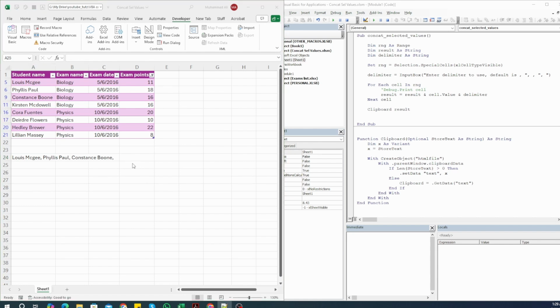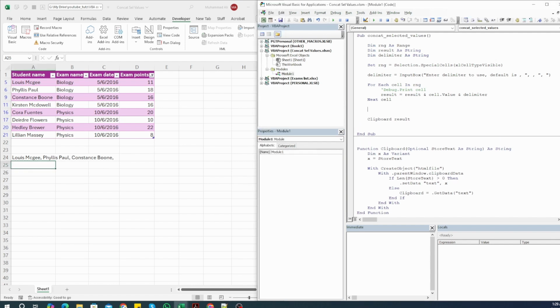Since we know that our delimiter is stored in the delimiter variable, we can simply add some logic here. So we will take Left of the result variable, and the length we will use is the length of result, so the length of this variable, minus the length of delimiter. What this is going to do is remove the last two characters from our result variable. So let's test our logic. Let's put this equal to result. So what this line is effectively doing is removing the last characters that are stored in the delimiter, that is, the length of the delimiter.